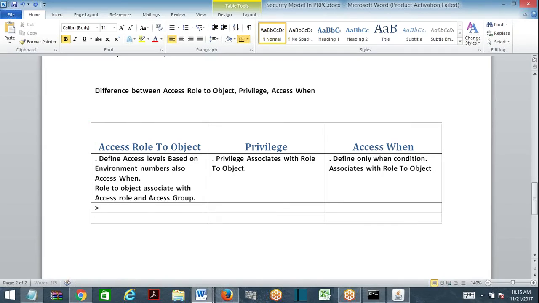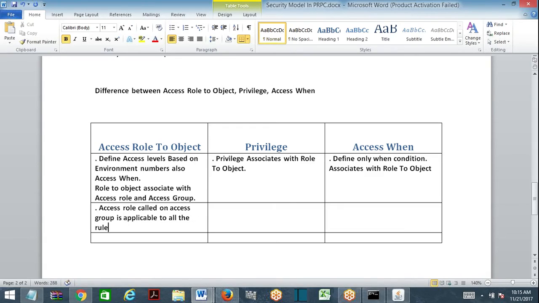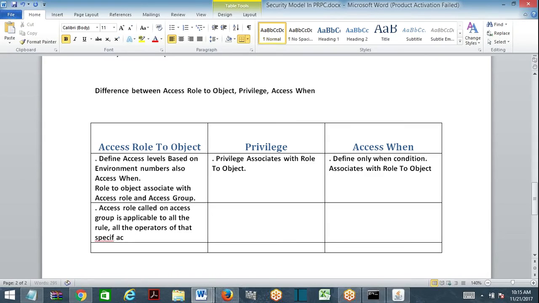Now, what is the meaning of adding this role to object in the access group? An access role called on an access group is applicable to all the rules and all the operators of that specific access group, correct?